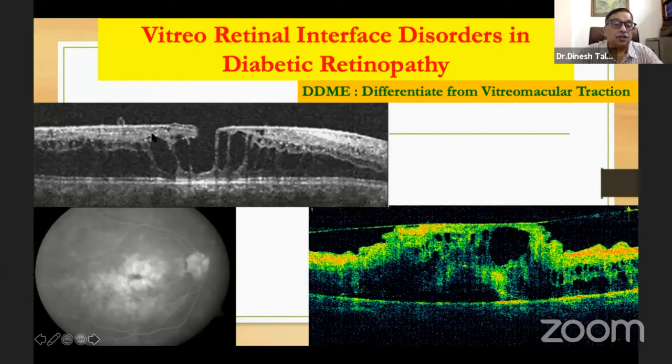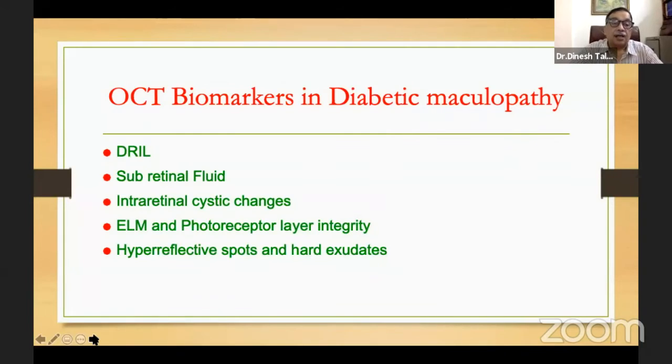For example, you see this patient, there is an epiretinal membrane, there is edema over here, and in the lower slide, you have a vitreomacular traction. In both, the fluorescein angiographic picture may give you a diffuse diabetic macular edema, but this requires surgery when there is traction. And if it's only a membrane with associated edema, it needs medical treatment. And you'll only treat the ERM if you believe this is the cause of the edema.